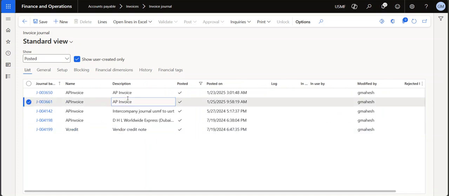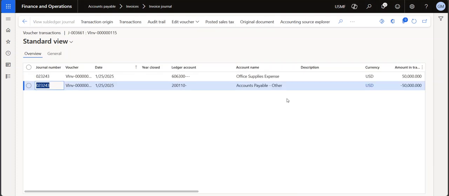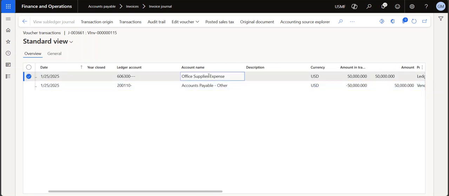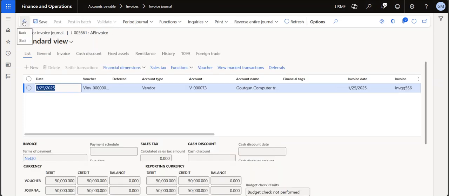Okay, like for example, yesterday I posted one transaction. If you see the voucher of this particular transaction, my office supplier is getting debited and my accounts payable is getting credited. So if I do the transaction of credit note for this particular invoice, then what I will do,